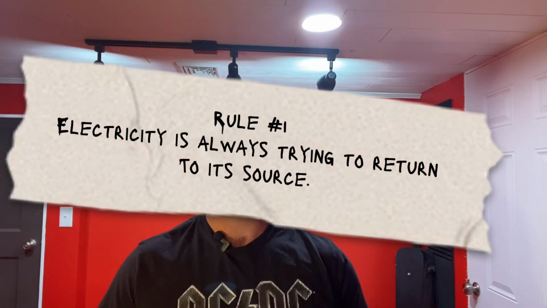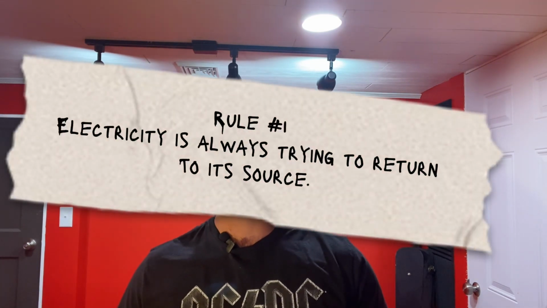So, now we have two rules of electricity to talk about. Electricity has many principles. There are many rules for electricity, and you can look them all up on Google. But there are two that I think are very relevant to make sure that you keep yourself safe. One, electricity will always return to its source. What does that even mean? In the case of household electricity,